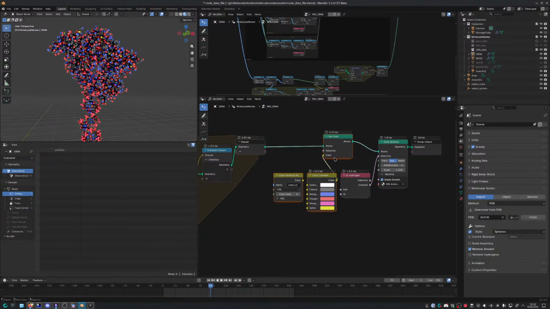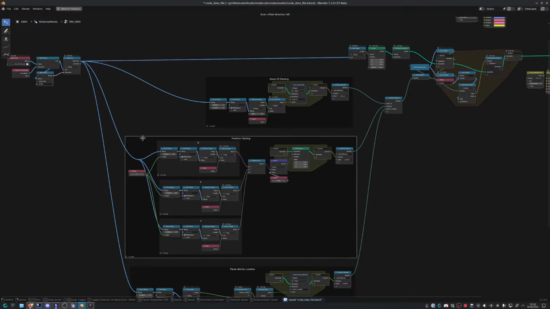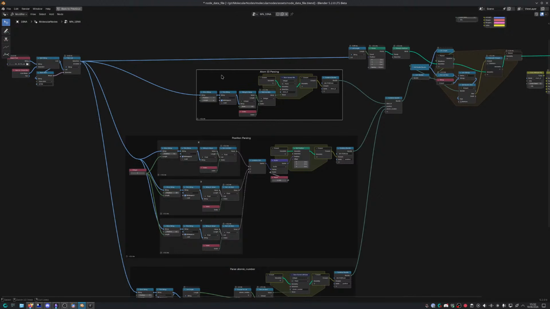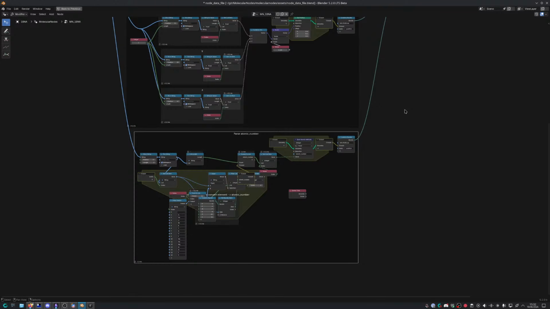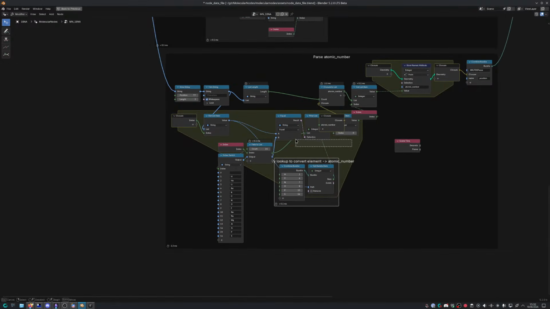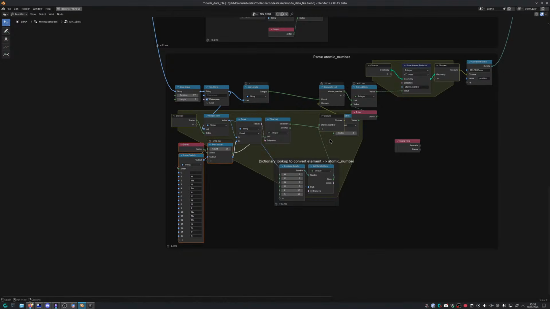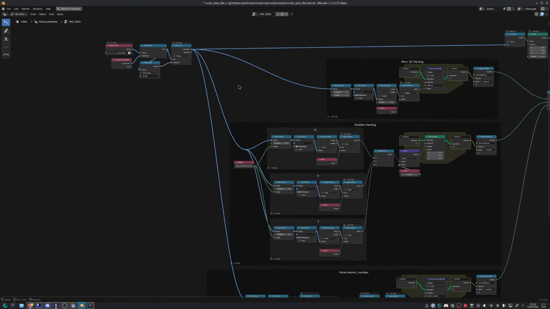So we have pass atomic number. So now the easy mode was looking up a list of known IDs, which is basically your elements, because we know that they're always going to have these values. But if we look at